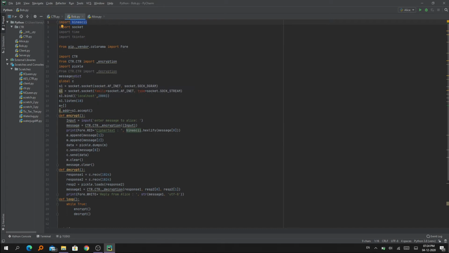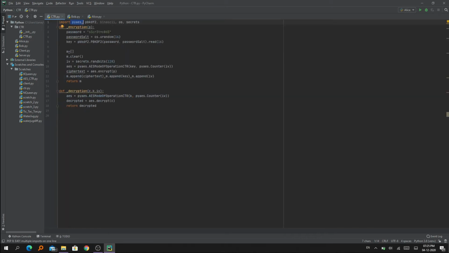After the socket connection is made between the two users, it asks to enter a message, and when you enter a message, it takes it as an input into the CTR encryption mode. Over here, as you can see, we have imported the CTR code, and from this method the input text message is sent to the CTR mode.